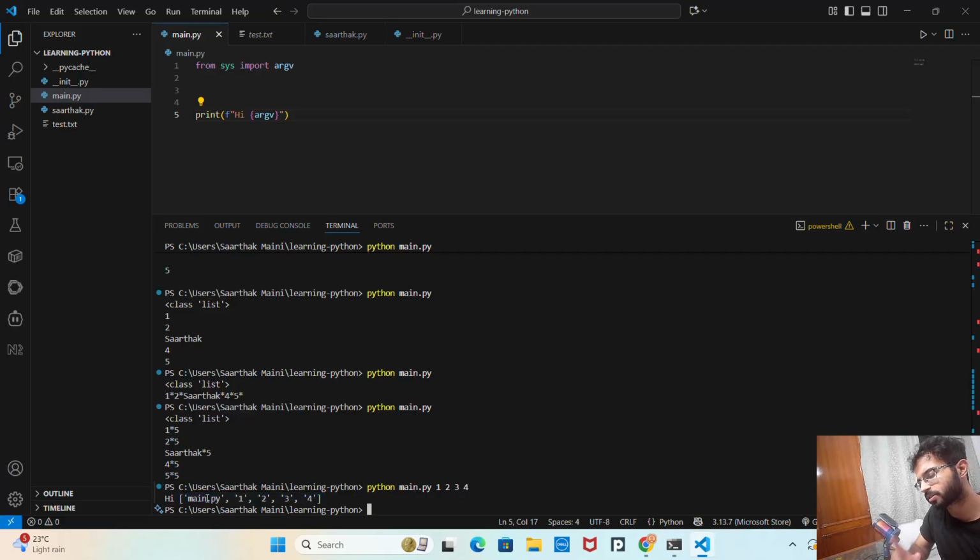And the first index of the list contains the name of the file, and the other contains all the values which we are getting over here. So for example, I want to get the sum of all the numbers I provide in this. So what I am going to do is I am going to say